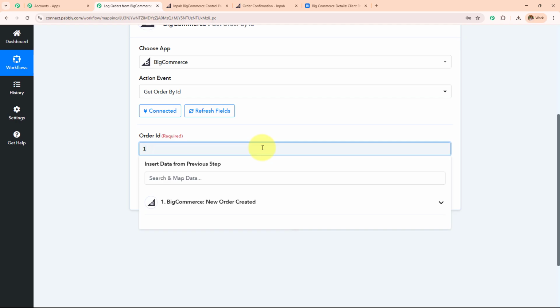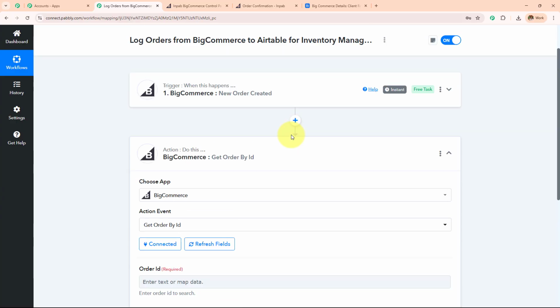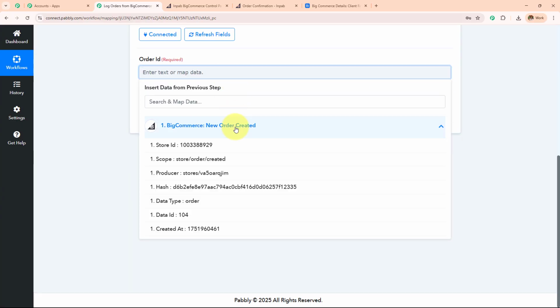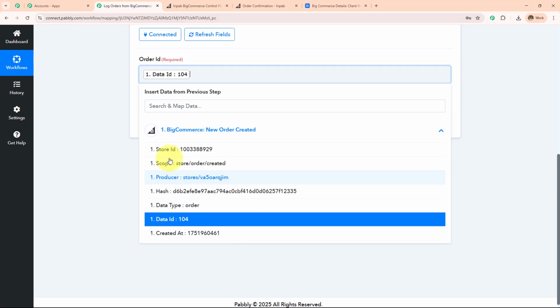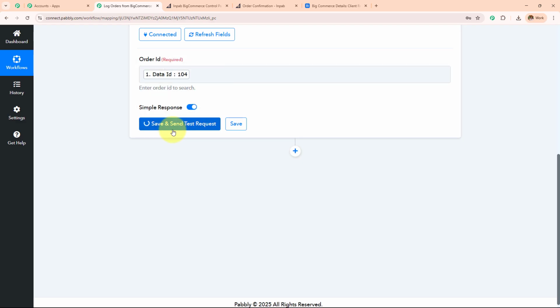Instead, I'm going to use a method called mapping, which means I'm going to enter the data from the previous response. I have received the response from BigCommerce. When I click on this field, I can see this BigCommerce. When I click on this, I can see all the response which I have received from there. Here I'm going to enter the data ID as the order ID and then simply click on save and send test